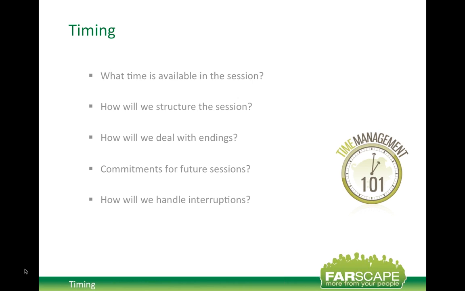So I think that whole thing about endings, and certainly if it's the first session of a program of coaching sessions, actually talking about what the end of that program might look like. So we're engaged to coach for 6 sessions. Obviously, we'll contract at the beginning of each of those, and we can talk about the timing individually. But what are we going to do at the end of this? What are their expectations for the end of the program, and how we finish the relationship? How as the coach do you make sure that you don't become a crutch for the client, and these sessions continue on and on into the future?